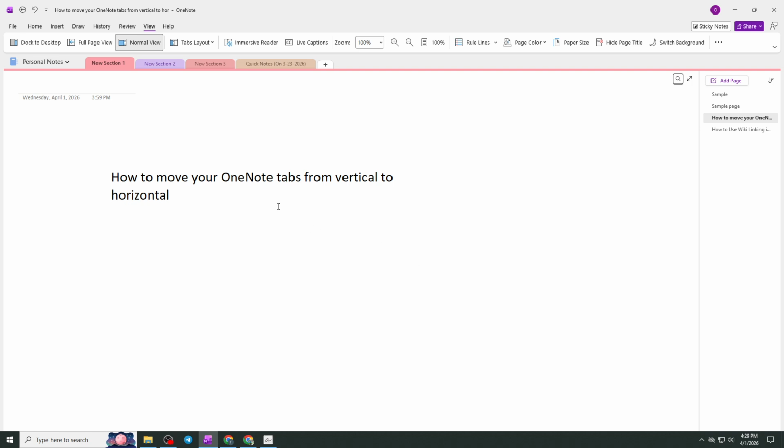And that's it. You've successfully changed your OneNote tabs from vertical to horizontal, making your navigation more aligned with your